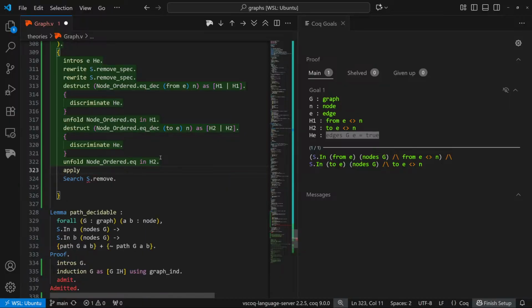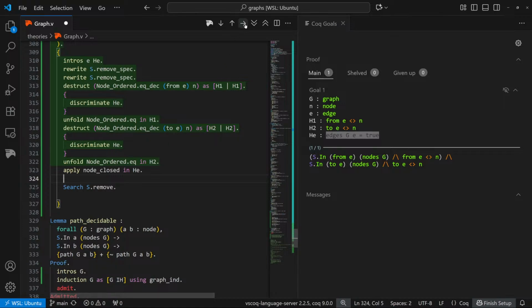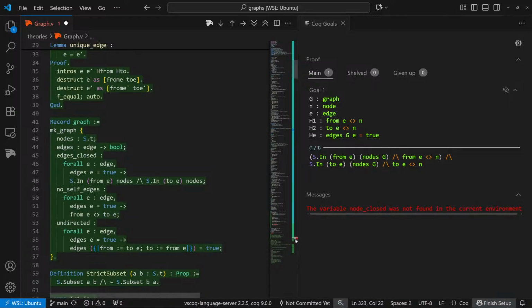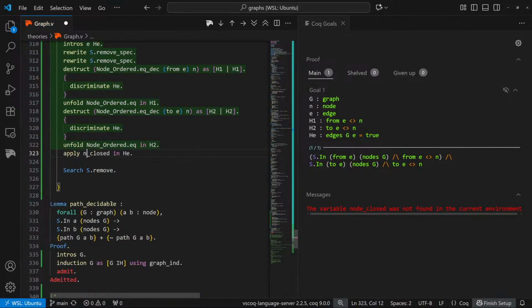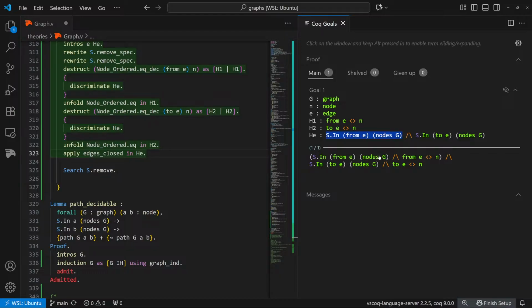So apply no closed in HE. Let's see. Oh, what's it called? Edges closed. Edges closed. And so we have these two components here. And so now we actually have all the components that we need, that E is not equal to N, the from and the twos are not equal to N, and then we have that the ins,